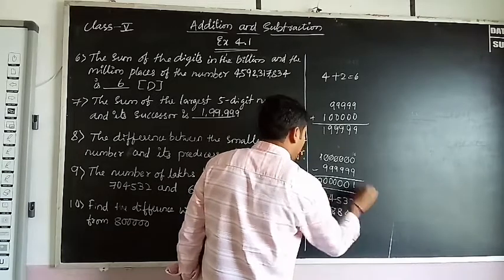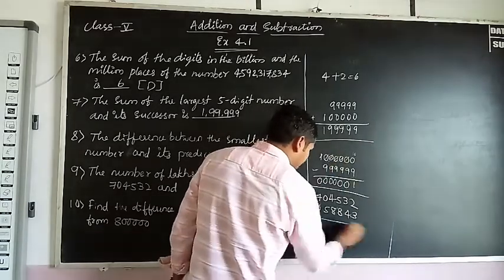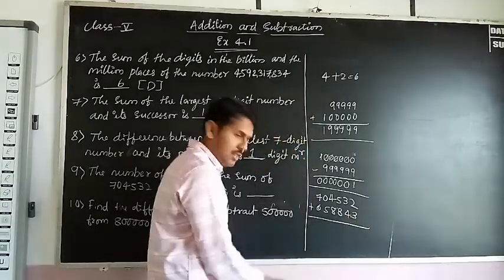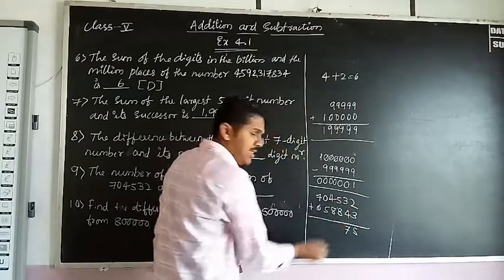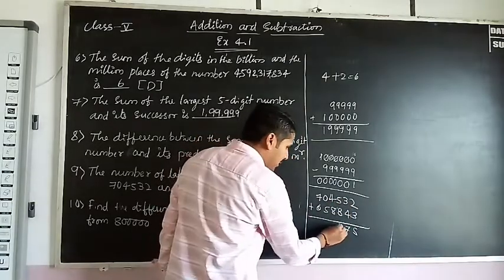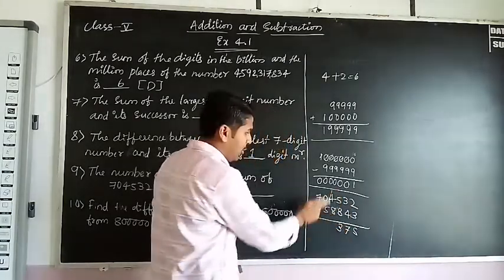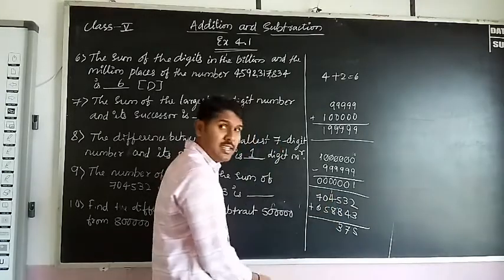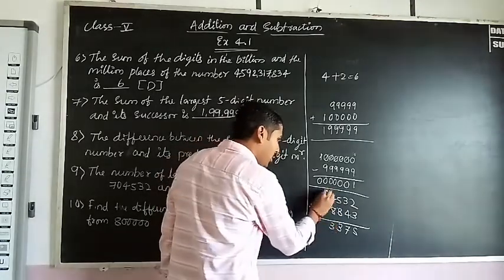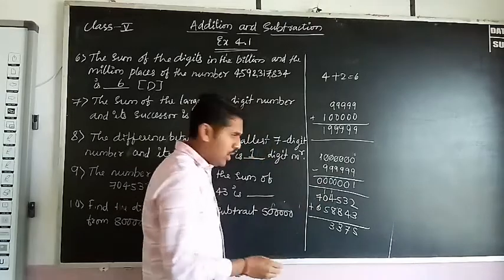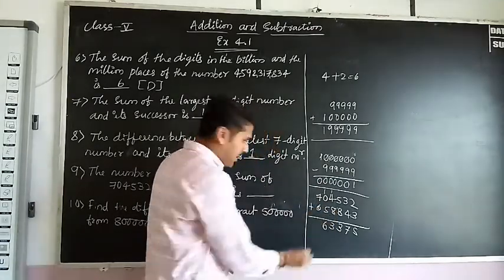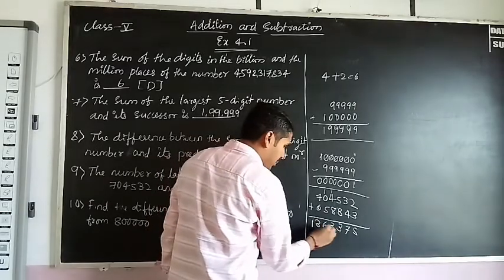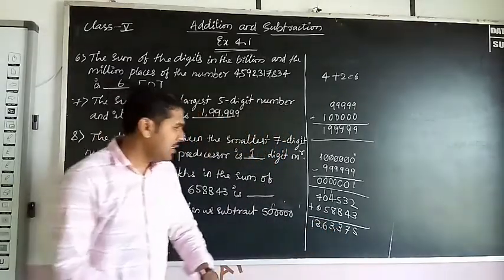658843. So this is number 1, this is number 1. So add it. 2 plus 3, 5. 3 plus 4, 7. 5 plus 8, 13. So 1 carry here. 4 plus 1, 5. 5 plus 8, 13 again. So 1 carry. 1 plus 0, 1. 1 plus 5, 6. Next 7 plus 6, 13. So you will get the answer